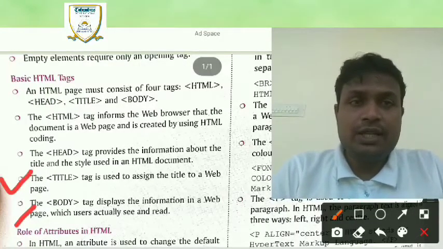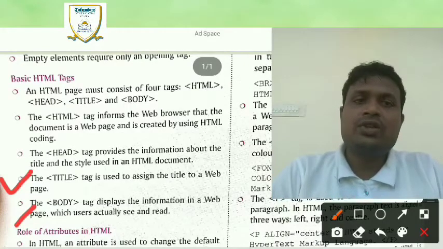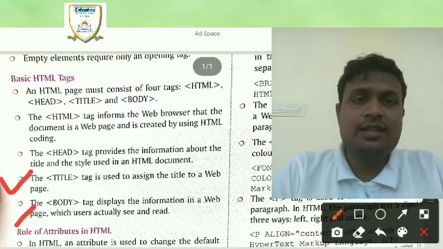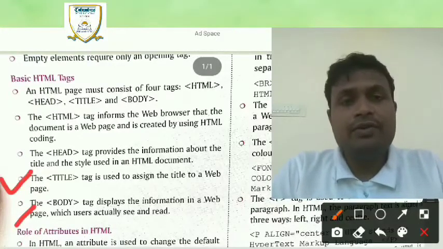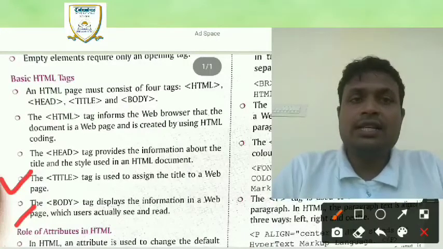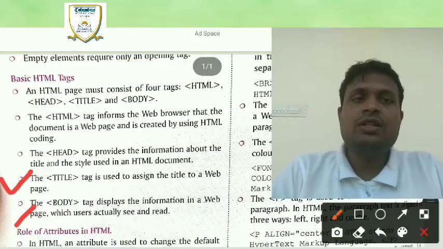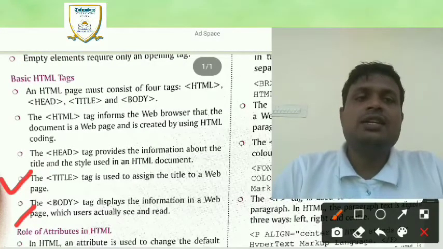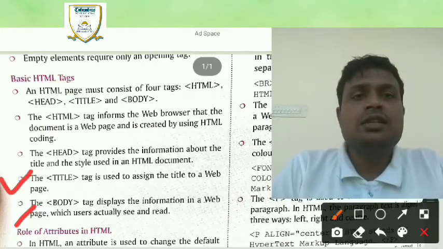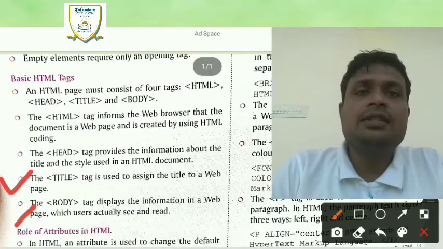The body tag displays the information in a web page which users actually see and read. So students, here I taught you the basic HTML tags.